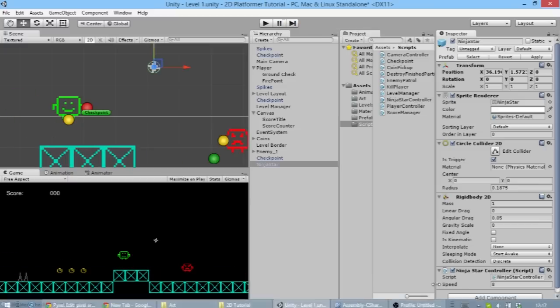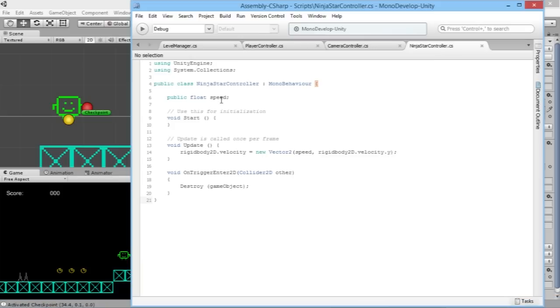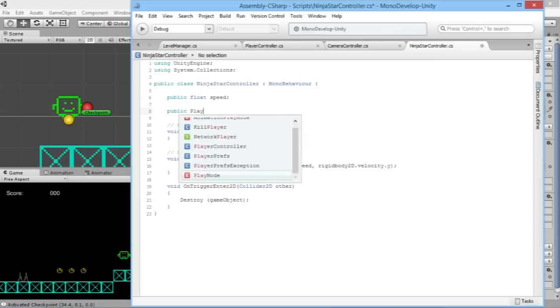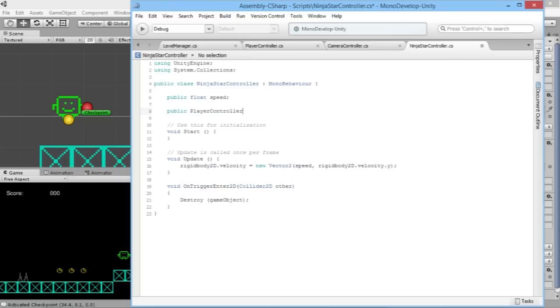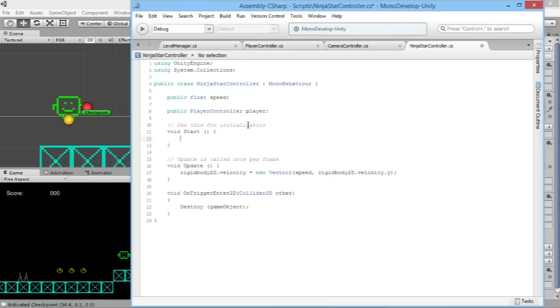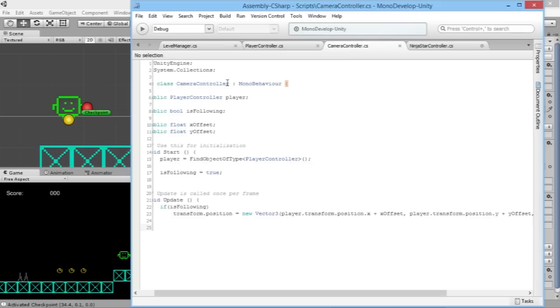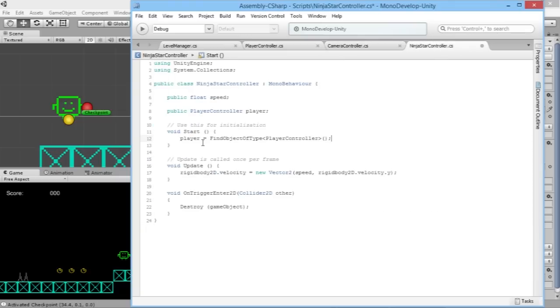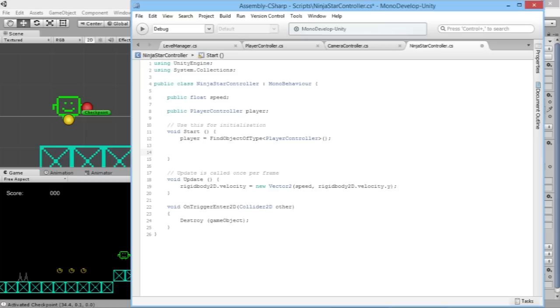So a very simple way to do that is we'll add another variable here of a player controller, and we'll just call this player, and we'll do the same again of getting that player controller. So we'll just take that code from, say, our camera controller here, doesn't really matter. So we'll say again player is equal to find object of type, so pop that in there, and then in our start loop we will say if